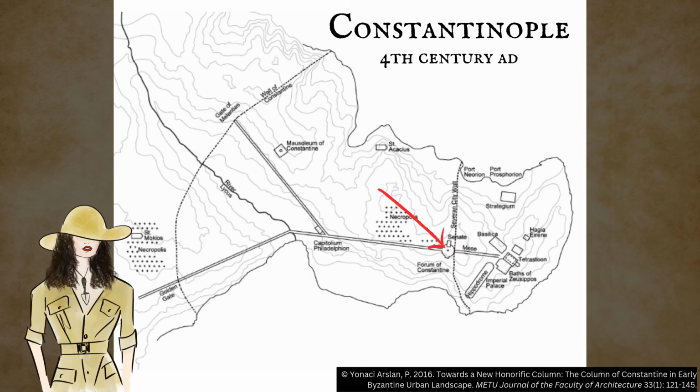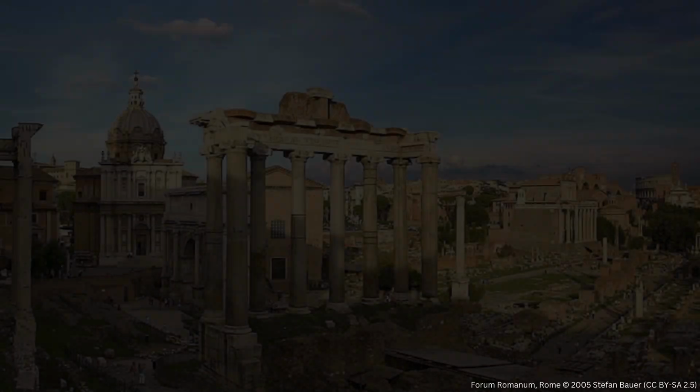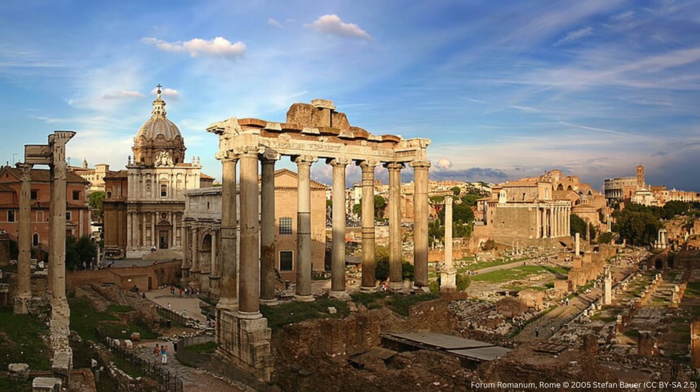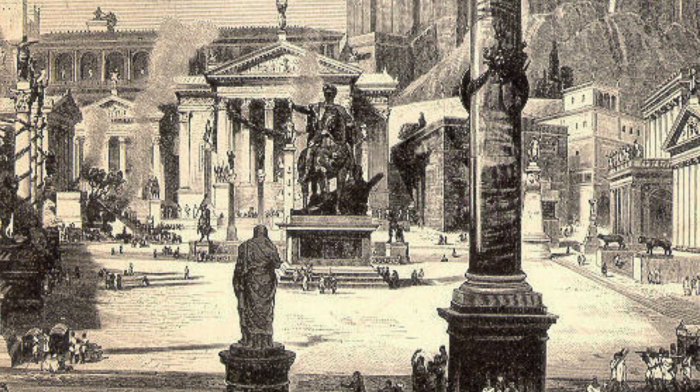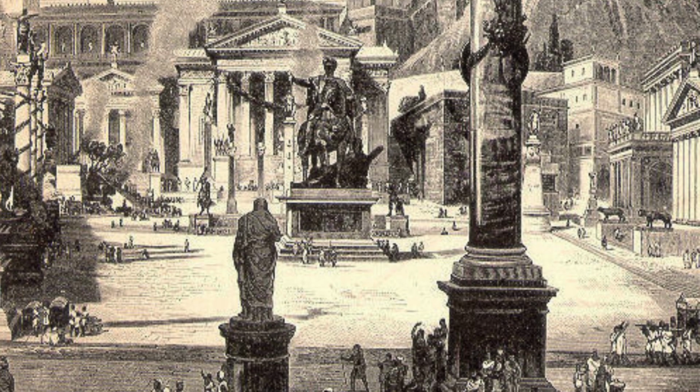Another crucial addition to the refounded city was the Forum of Constantine, located at the gate of the city's former Severan walls. Fora were very important public places in ancient Roman cities. They're where all the main day-to-day activities took place. Think of them as functioning like a town square.